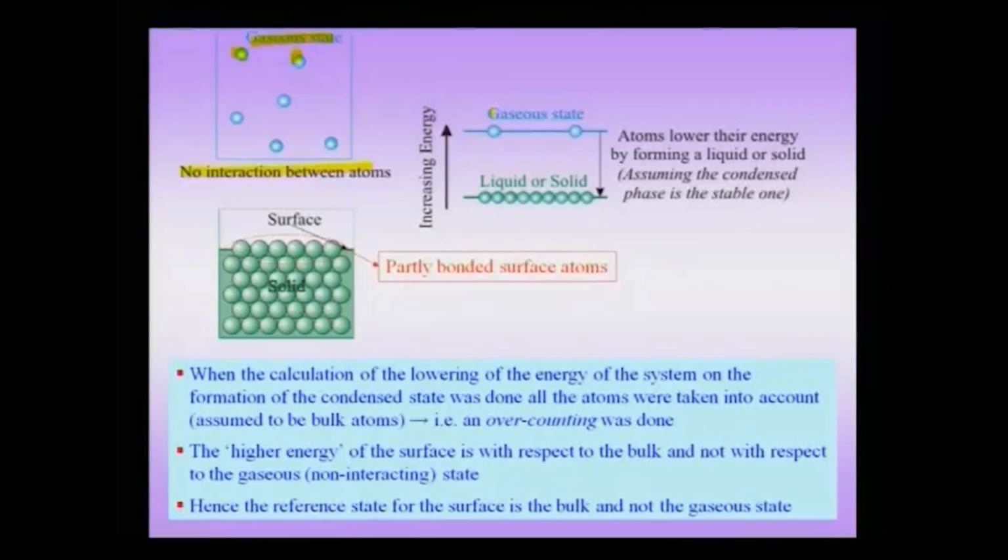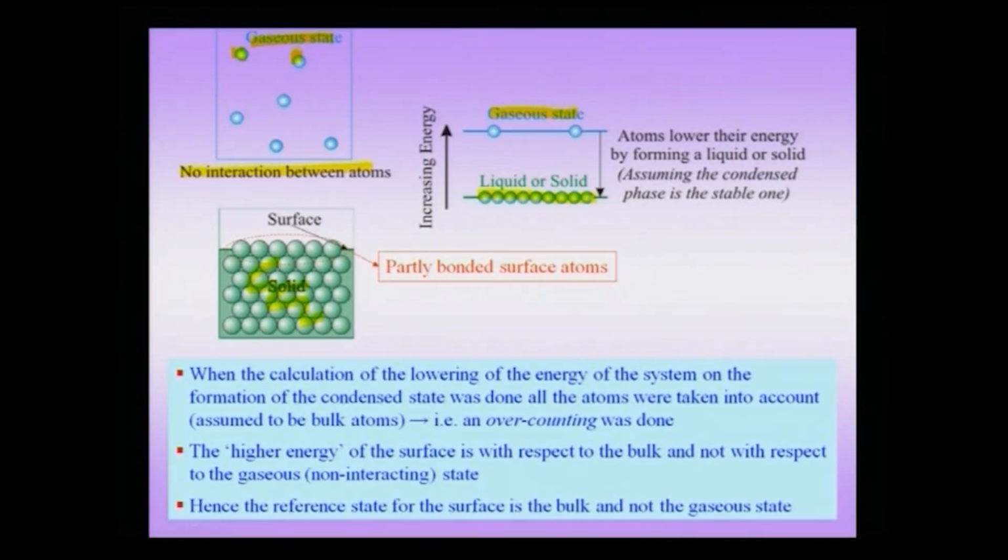And when we want to assemble a solid or liquid, what we do is take the gaseous state and put it together in the form of a solid or liquid, which has been shown schematically here. If it is a solid, as you can see in the example here, it would be an ordered state where you can see that there is a certain periodicity and order. Of course, I could always assemble an amorphous solid also, but for simplicity we will consider a crystalline solid to start with. In the solid or liquid state, the atoms are typically very close to each other,